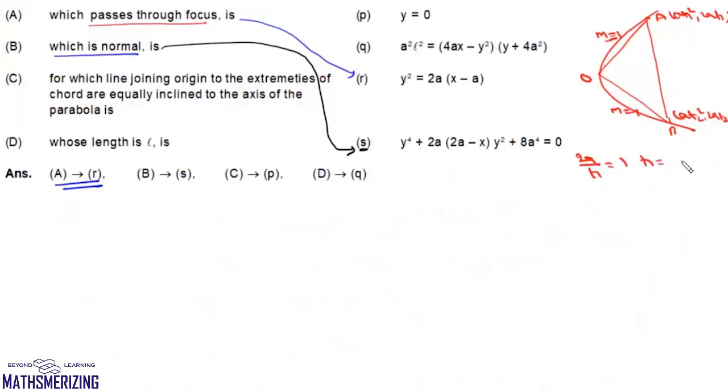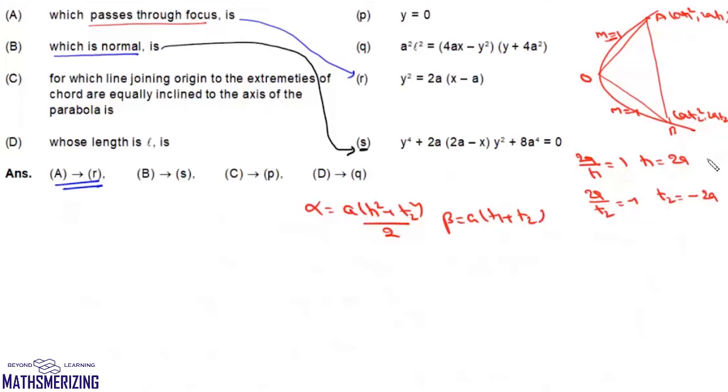So we can write t1 as 2a, and in the same way 2a upon t2 is minus 1, so we write t2 as minus 2a. Now we need to find the locus of the midpoint. So alpha is a (t1 square plus t2 square) upon 2, and beta is a (t1 plus t2). Now t1 plus t2 is actually 0. So we'll get this locus as beta equals 0, which is simply y equals 0,